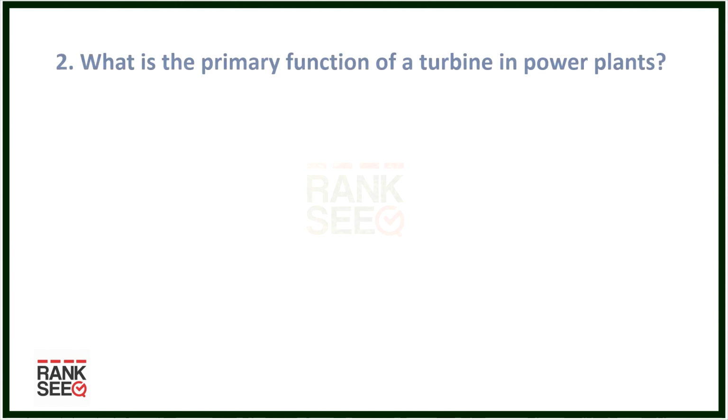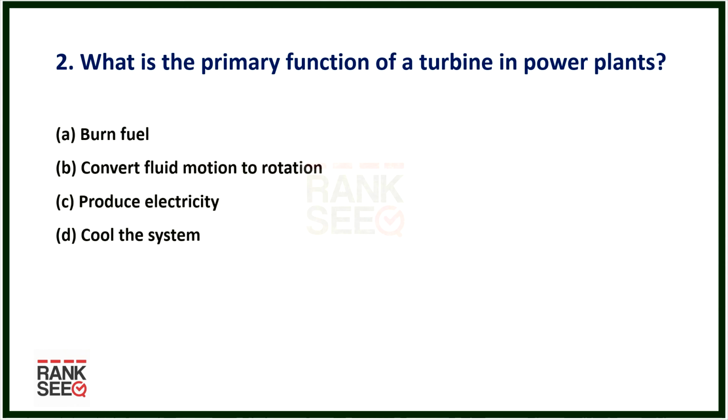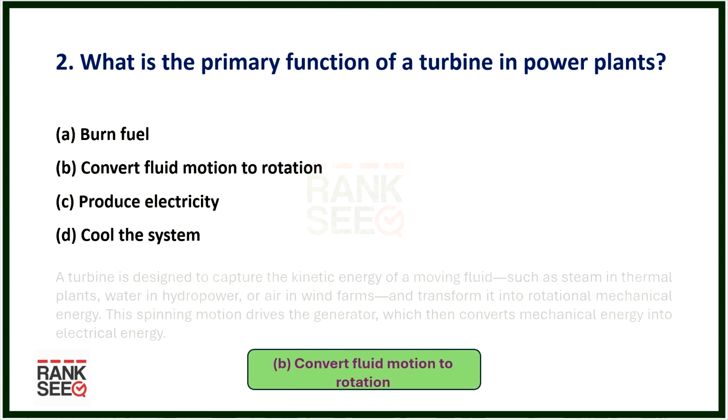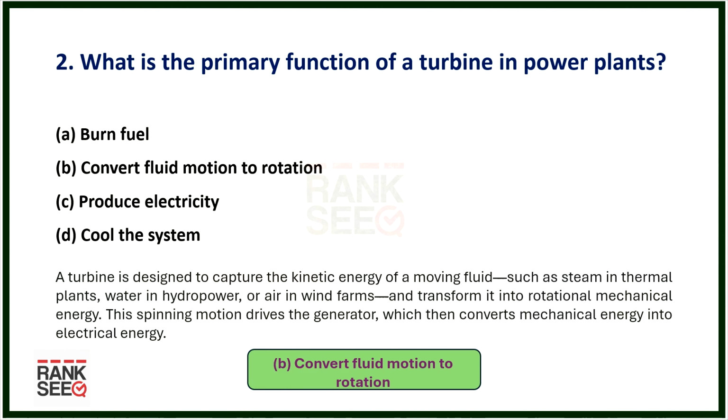What is the primary function of a turbine in power plants? A. Burn fuel. B. Convert fluid motion to rotation. C. Produce electricity. D. Cool the system. Correct answer: B. Convert fluid motion to rotation. Explanation: A turbine is designed to capture the kinetic energy of a moving fluid, such as steam in thermal plants,